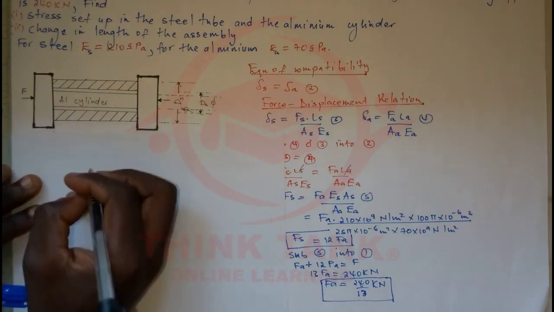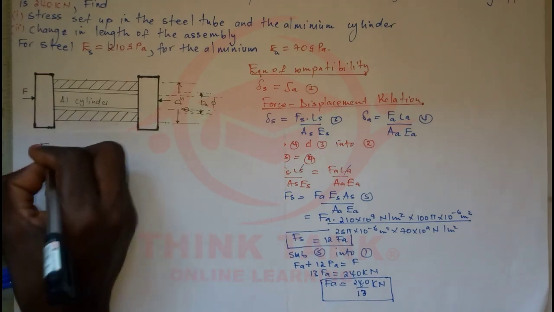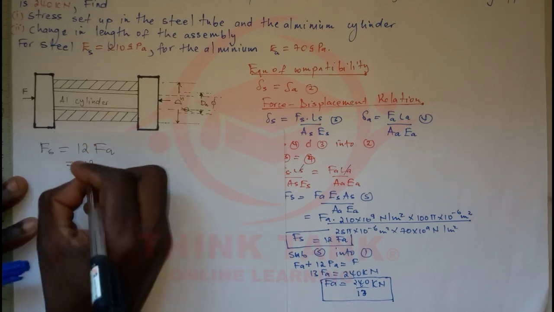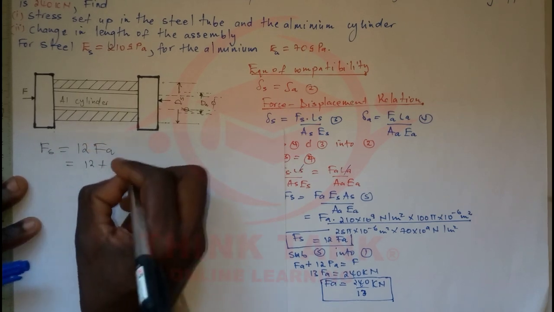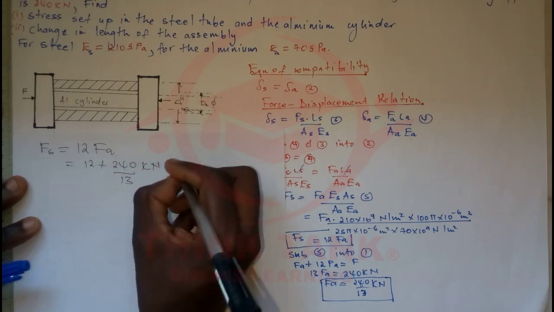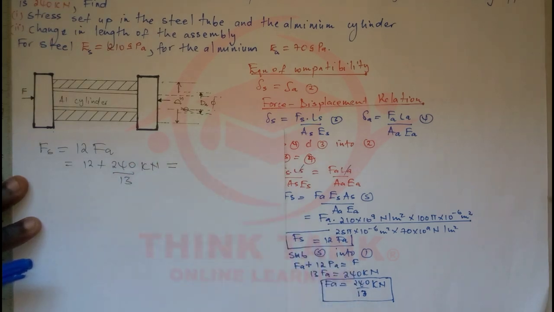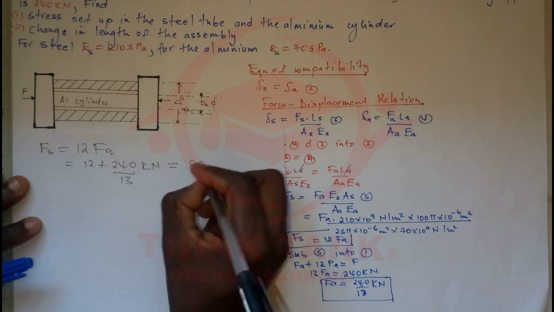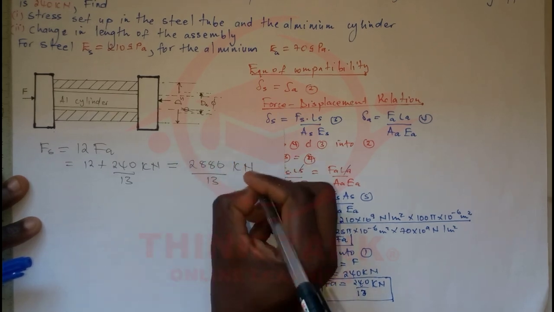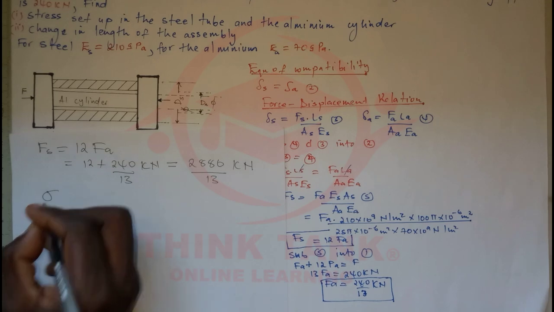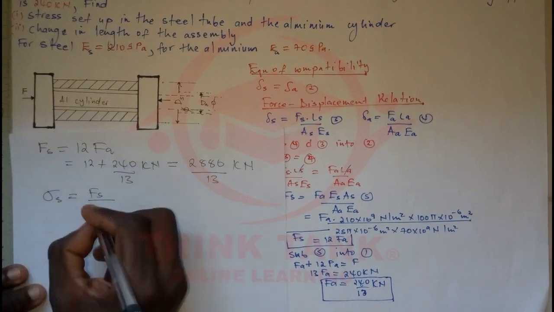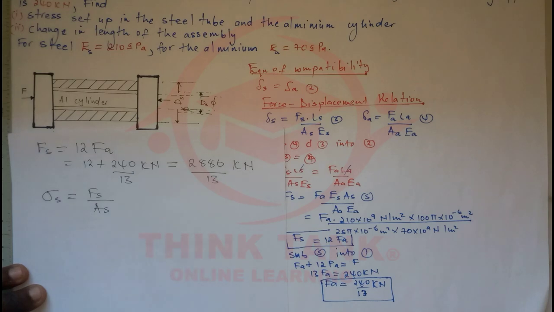So Fs is equal to 12 Fa, which is 12 times 240 over 13 kilonewtons. If we solve this, it's going to give us 2880 over 13 kilonewtons. Stress in the steel is going to be Fs divided by As, and that's the cross-sectional